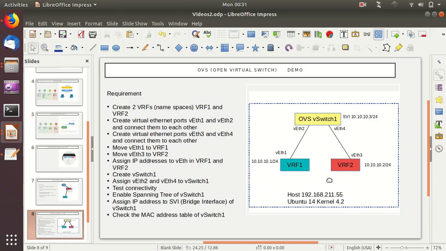We will be using a host, and within this host, we will be creating two VRFs or Linux namespaces called VRF1 and VRF2. We will create virtual Ethernet interfaces between our VRFs, and we will create a virtual switch on top. We will connect the other side of the virtual Ethernets to this OVS switch. We will configure the OVS switch to do basic packet forwarding between the two